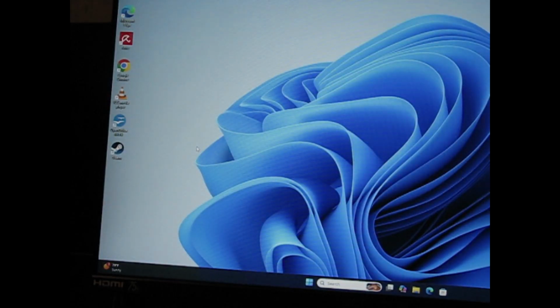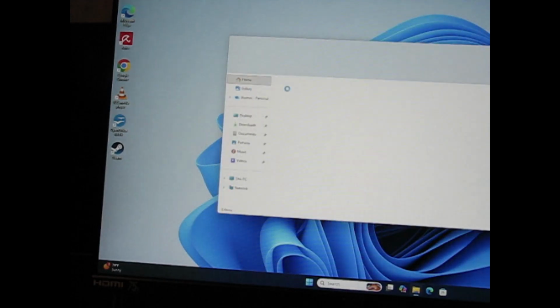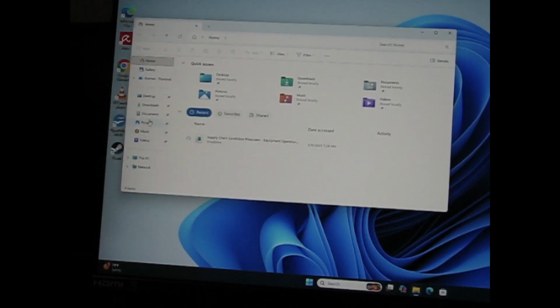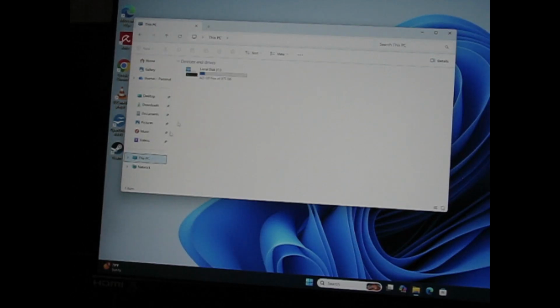Alright, so once we get back into Windows, the other area is just getting rid of some unwanted temporary files that might be cluttering it up. So what you would do is go into your Windows Explorer and then go to This PC, and then when you see here Local Drive C, right click it